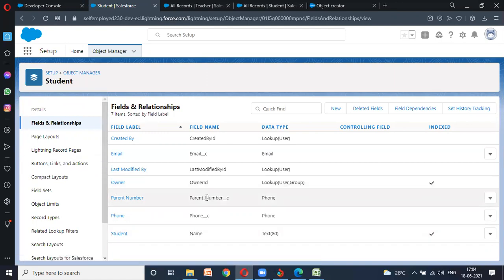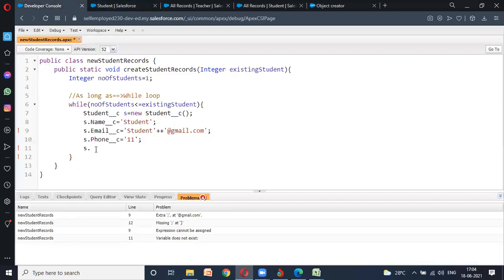So let me copy this parent number here. Should be 9922. And in case of name, now it's only name since the custom one is deleted.